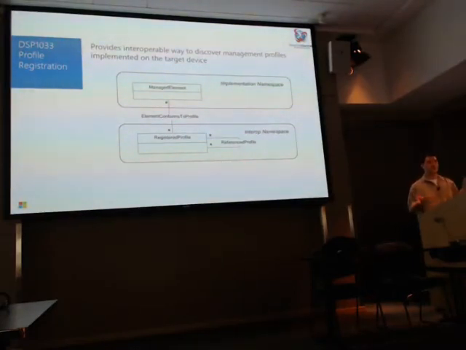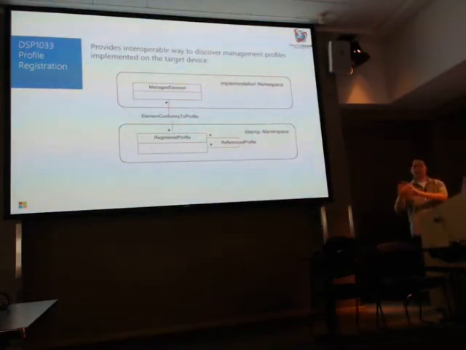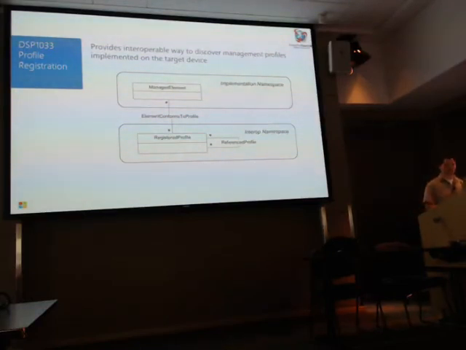And the neat thing about this is, because you're going through the interop namespace, where it says implementation namespace, that could be anything. That could be Dell, could be Broadcom, could be GUID. You don't really care because through the set of operations, you discover what the target namespace ends up being. And I'm going to demo all this in PowerShell.